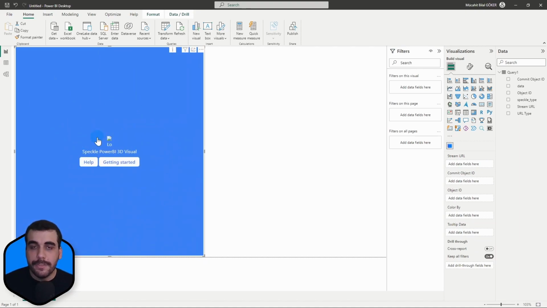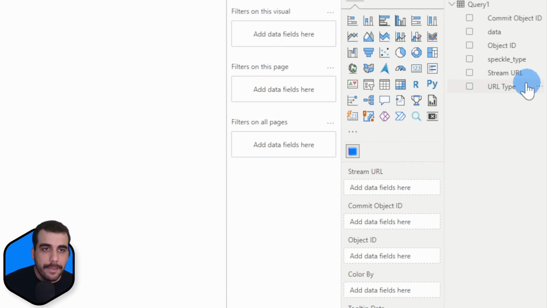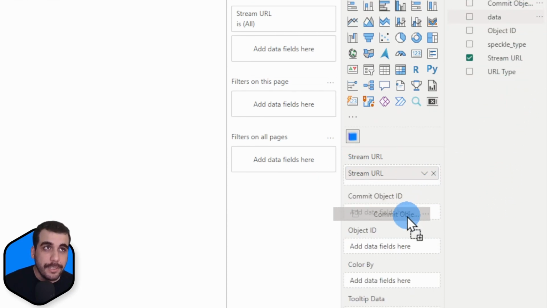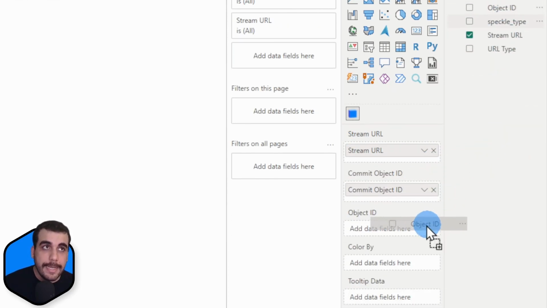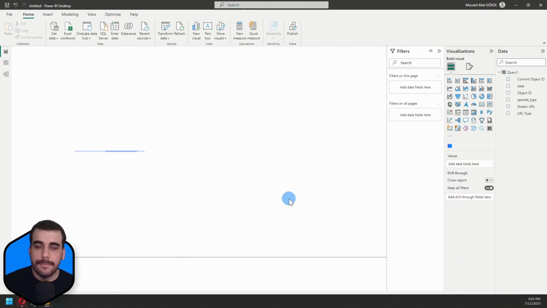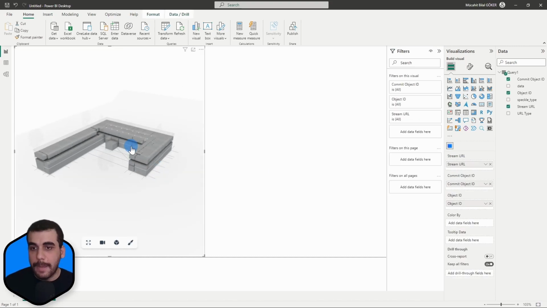So once your visual is active, it asks for a couple inputs. And I already showed you how to view your model in 3D. It is pretty simple. Simply drag the stream URL column into the stream URL input, the commit object ID into the commit object ID input, and object ID into the object ID input. Once you do that, your viewer visual will get activated. And ta-da! As you can see, I still have the full context of my model, but since I filtered rooms,